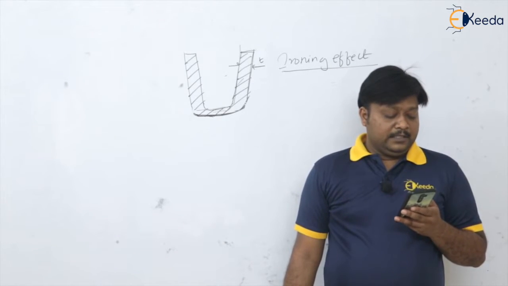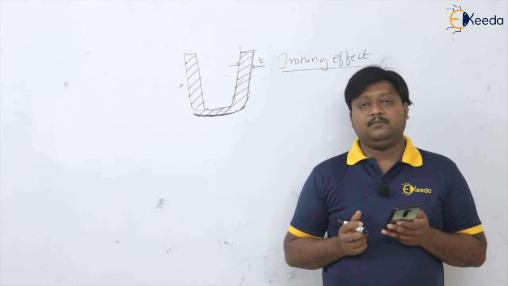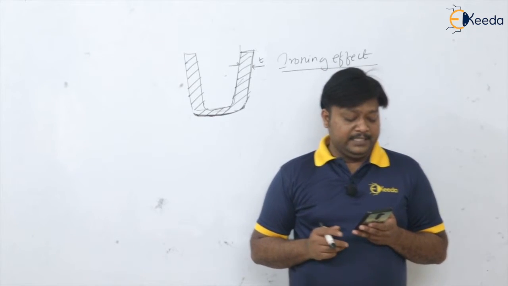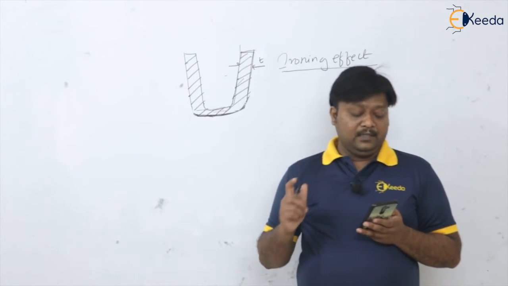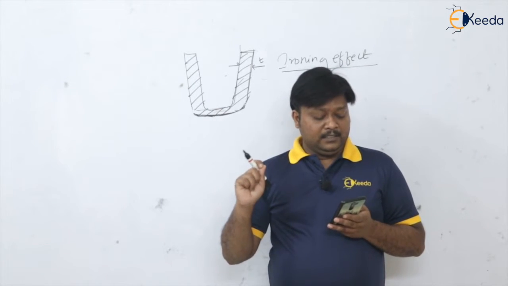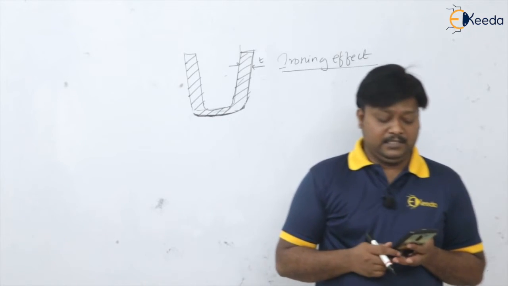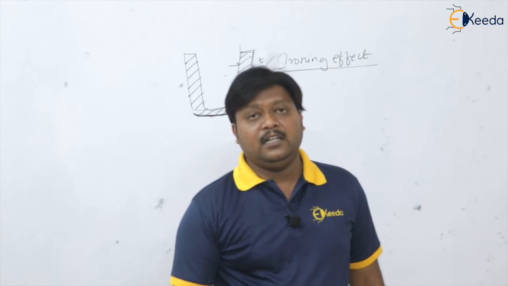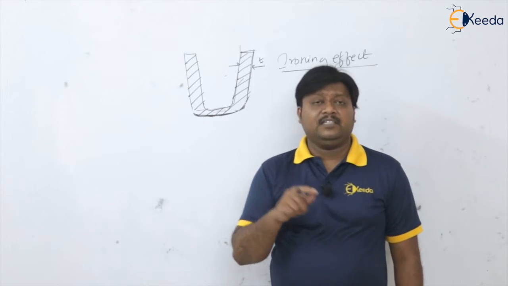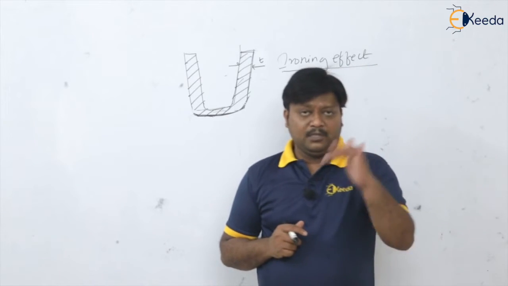Next question. In bending operation, if the modulus of elasticity is increased keeping all other parameters unchanged, the spring back will be... keeping all the parameters unchanged, if we increase the modulus of elasticity. They are saying increasing the modulus of elasticity. So we know that the modulus of elasticity and this spring back effect are inversely proportional. If you are increasing this modulus of elasticity, spring back is going to decrease.